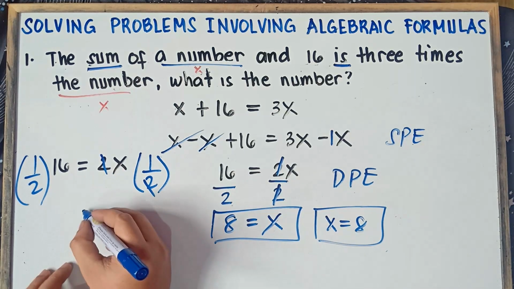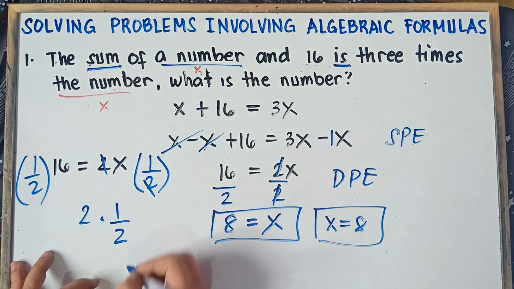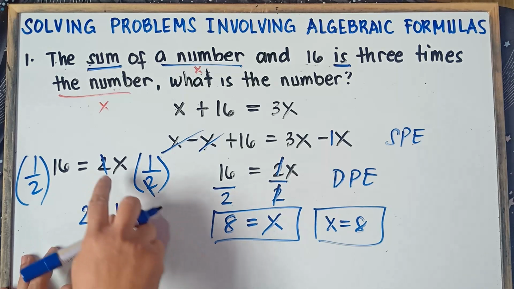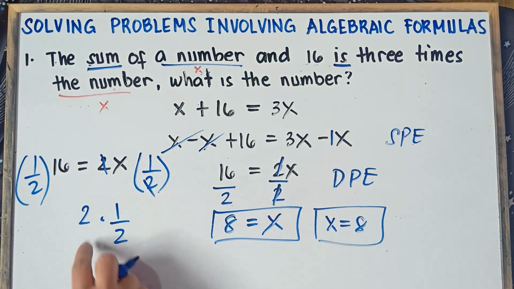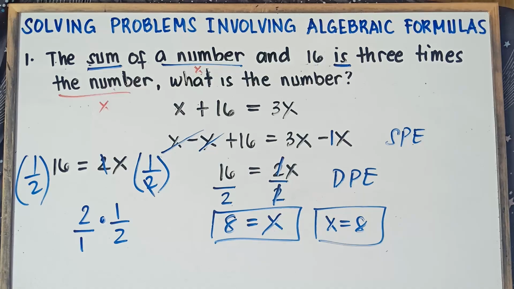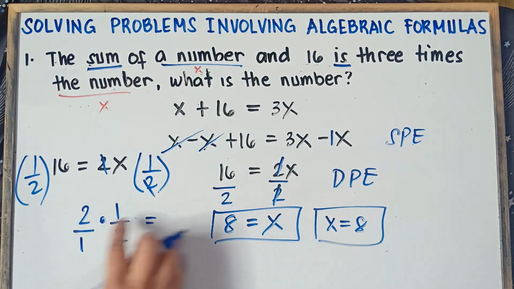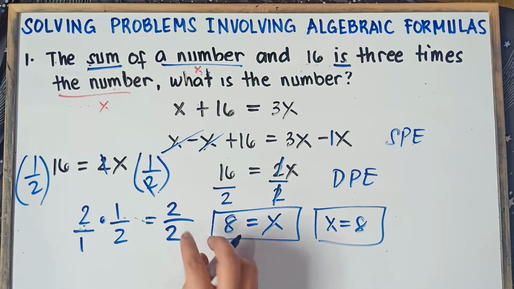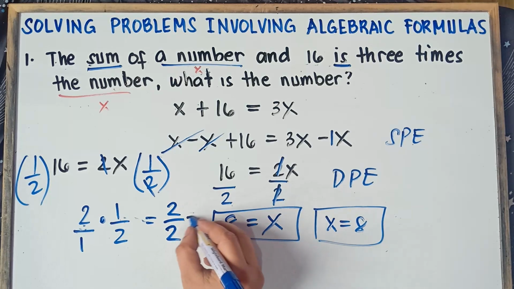Okay, let me explain this one. That's 2 times 1/2. Once again, 2 times 1/2, we can simply cancel the 2, because 2 times 1/2 would be 1. Understand that there's a 1 here for any whole number, a 1 for the denominator. So multiply the numerators: 2 times 1 is 2, and 1 times 2 is 2.